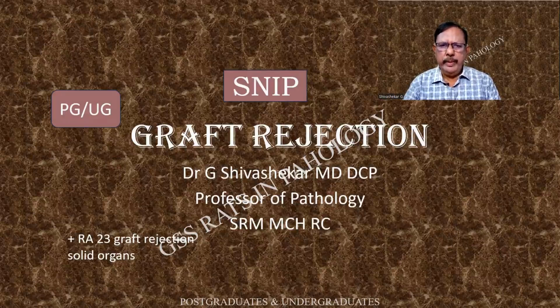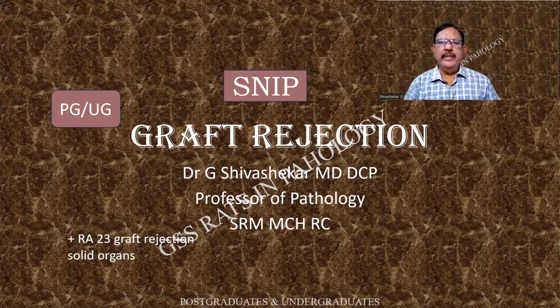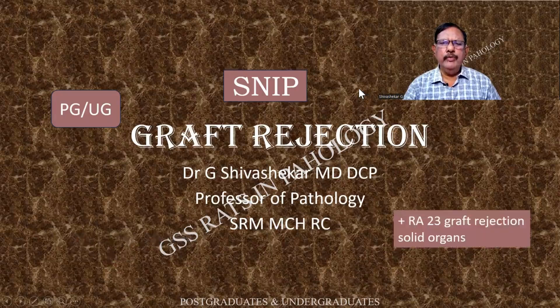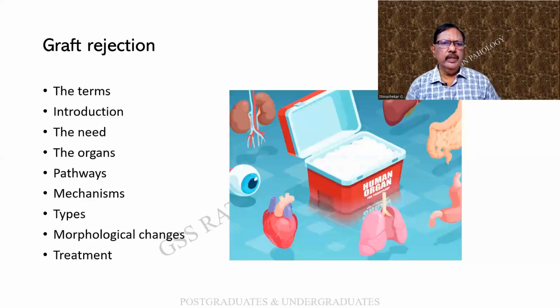of encouragement to me. The topic for the day is graft rejection, a seemingly short topic. That's why it's called SNIP, short notes in pathology. But it has got a plethora of terms to be defined. Look at this. Whenever we use a term, there will always be subheadings, and these we shall unravel as we